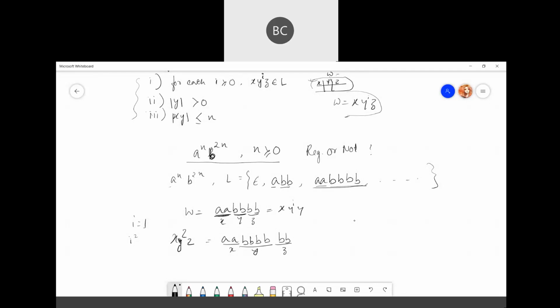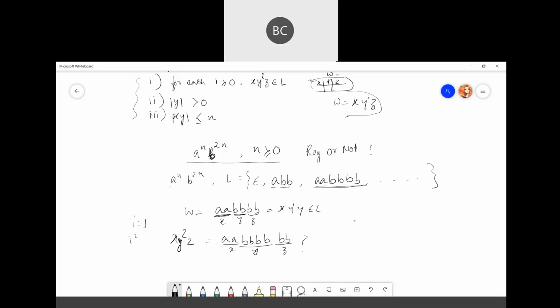So is this substring part of the language? This one still belongs to L. Does this one belong to the language? No, it doesn't belong to the language anymore. Why? Our condition is if the number of a's equals n, then the number of b's will be twice the number of a's. Is that happening here?